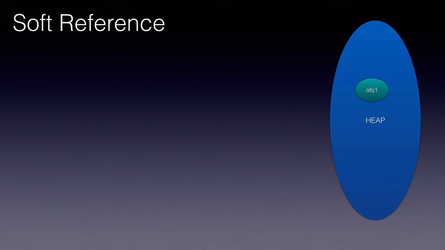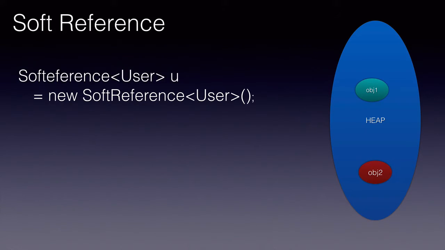A soft reference, on the other hand, is very similar to the weak reference, except that it will be cleared or garbage collected only when there are memory issues, like running out of memory. The garbage collector will reclaim all the soft reference objects before it throws an out of memory error. It will try its best by clearing all the soft reference objects. It will try to reclaim the memory, but even then, if the memory isn't sufficient, then it will throw an